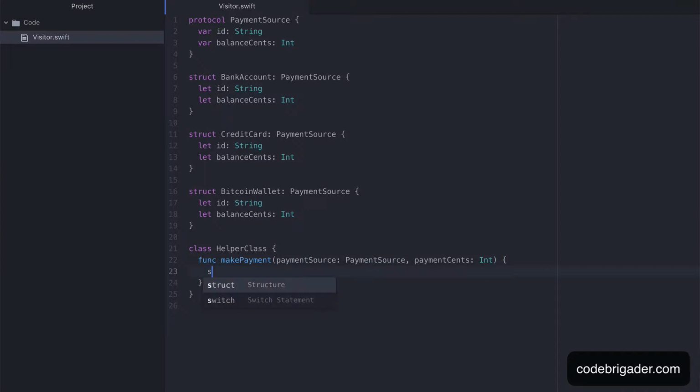And then within this method, we could do a switch here on payment source. So if it's a bank account, then we would make a call to the bank API. If it's a credit card,